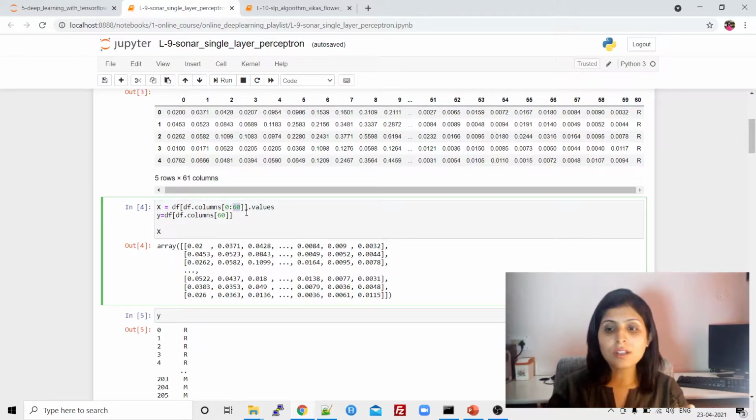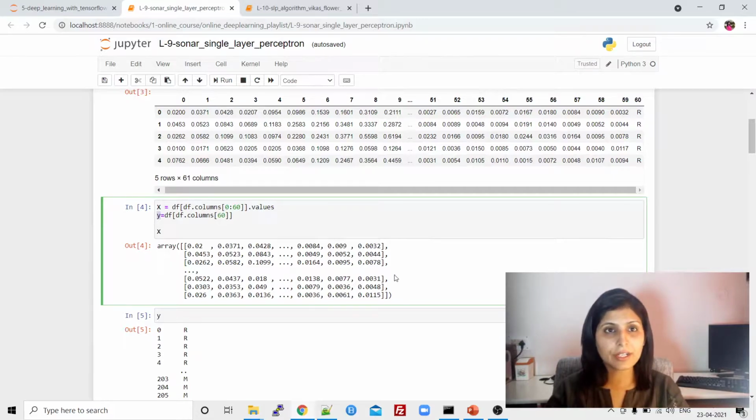So 0 colon 60 means we want the first 59 columns as x. I'm storing the first 59 columns in x, and the 60th column, the last column, in the y variable. Now we have two variables. X has the first 59 columns and y has the last column. Y is what we want to predict, and on the basis of x we want to predict.